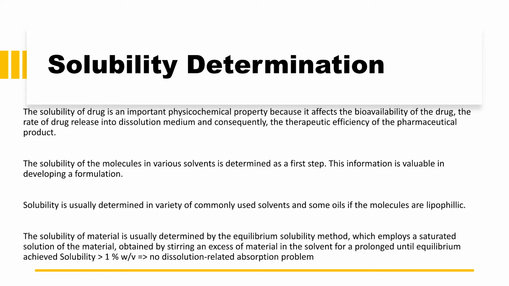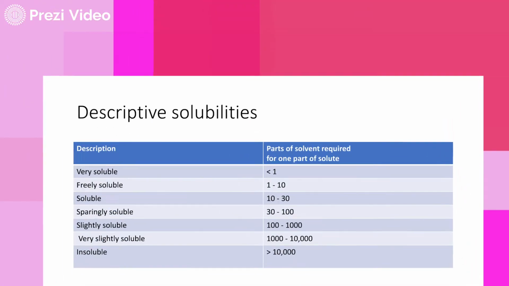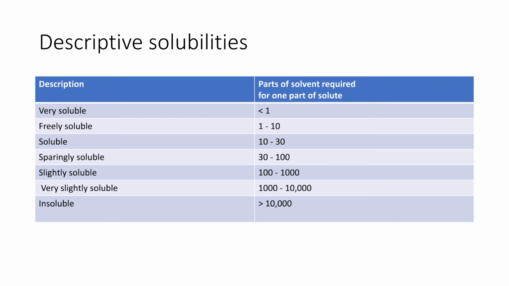It is pertinent to mention here that for any drug which has good solubility, the ease of formulation would be easy. The real challenge lies when the solubility of the drug substance is not good. So let us try to understand how we categorize the drugs, whether it has good solubility and other characteristics. As per the pharmacopoeia, we say that any drug substance is very soluble or freely soluble. These are the terms which are generally used and referred to in any pharmacopoeia. You must have seen them in the description part.